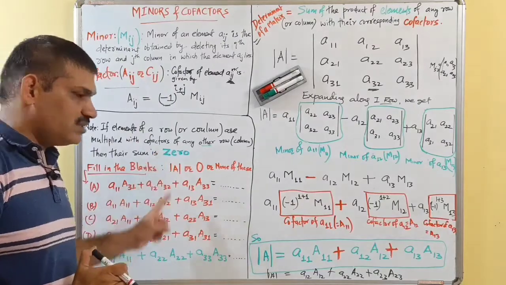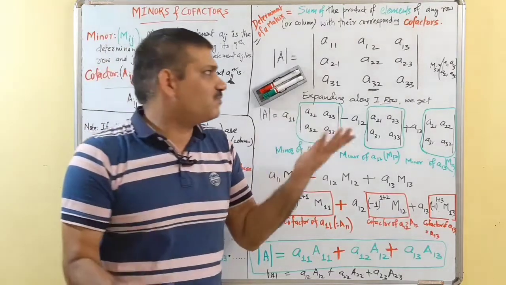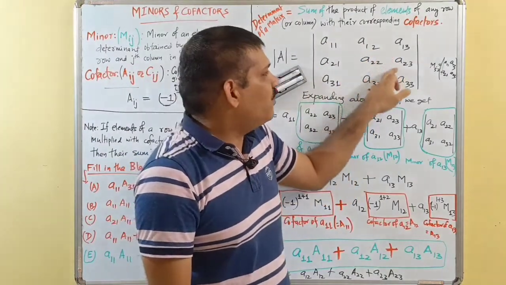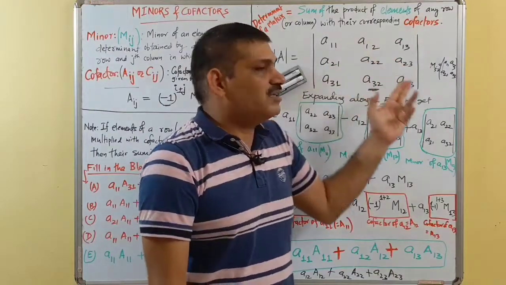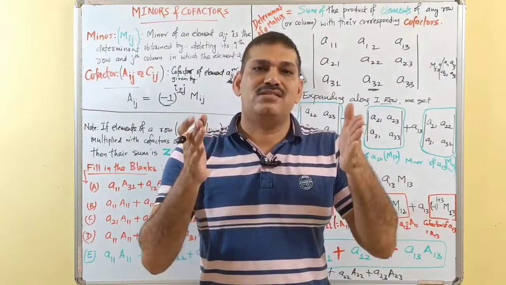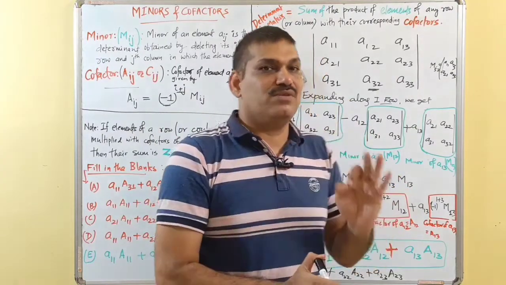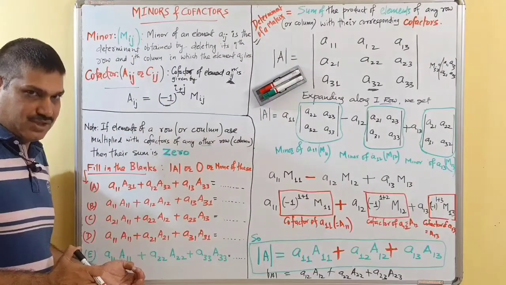We have to understand this, that's why we are discussing it like this, and otherwise the numerical questions are very simple. Suppose I am given a matrix or determinant and I am to find the minor of an element, I'll delete this row and this column, and the remaining determinant is the minor. That is exercise 4.4, the end of exercise 4. But one question we are to specifically discuss, that is the last MCQ type question.